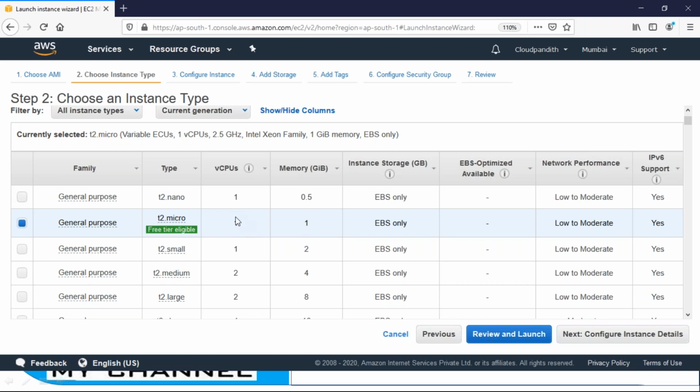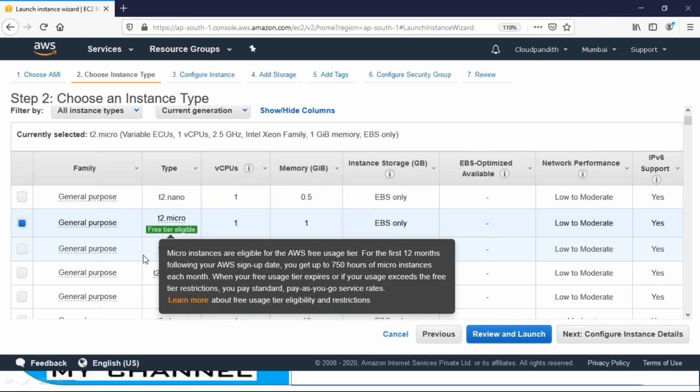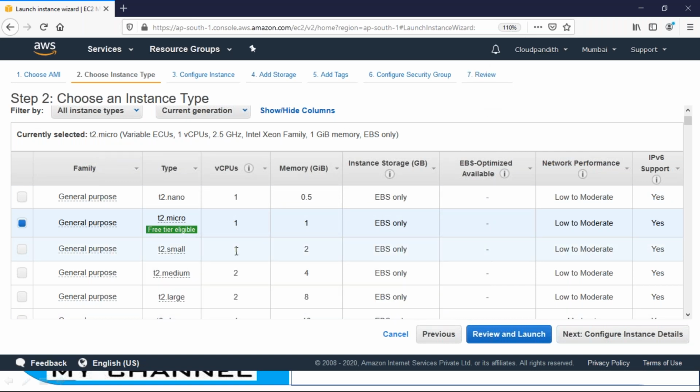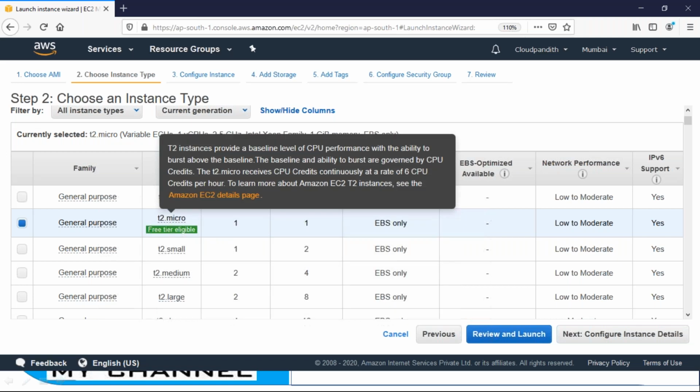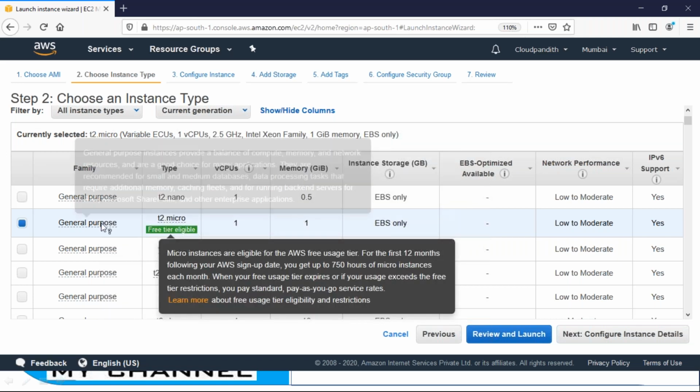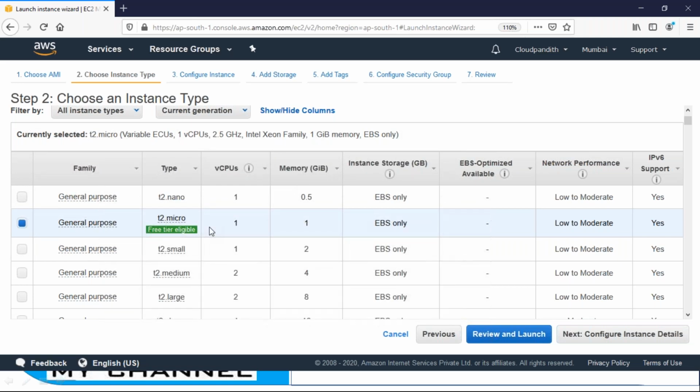If you come here, one CPU, 1 GB memory comes under micro. If you go with small, it will be 1 CPU, 2 GB memory, 2 CPUs, 4 GB memory, something like that. But we are going with micro because this is the only type which is eligible for the free tier.